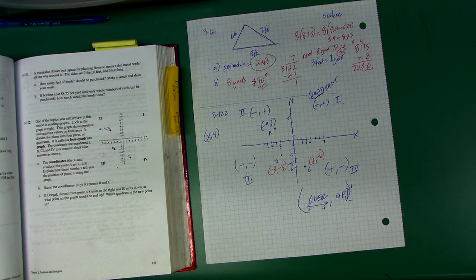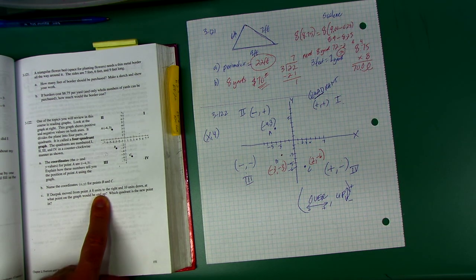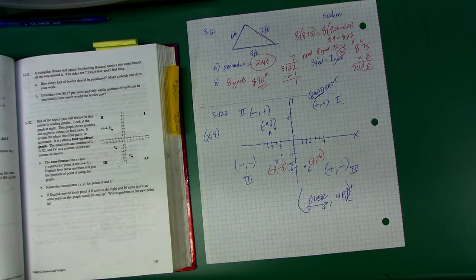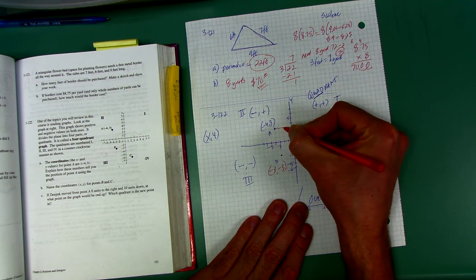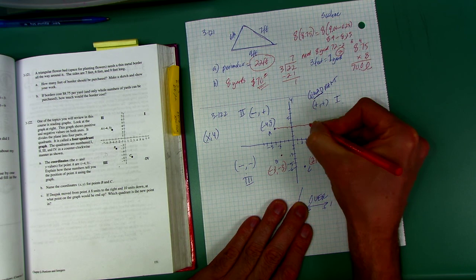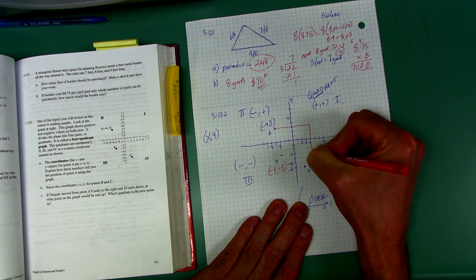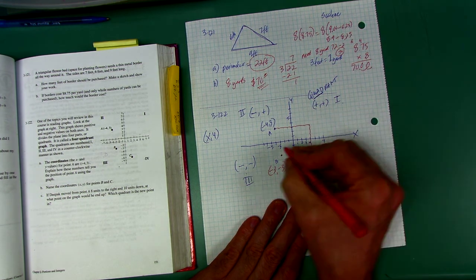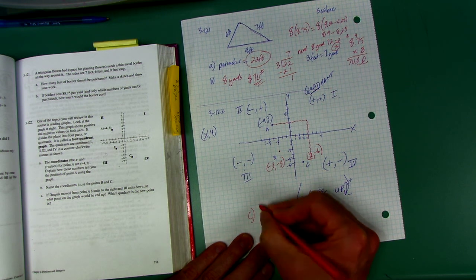Now the question says, if Deepak moved from point A 8 units to the right and 10 units down, at what point in the graph would he be? So I'm going to go to A. I'm going to go 8 units to the right. 1, 2, 3, 4, 5, 6, 7, 8. And then 10 units down. 1, 2, 3, 4, 5, 6, 7, 8. So that is over 4. Let's put this over 4